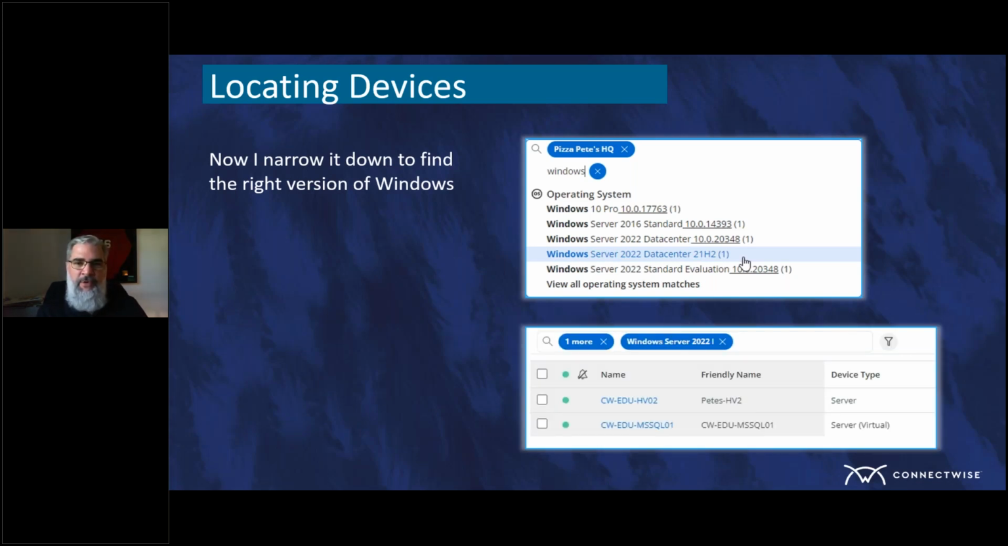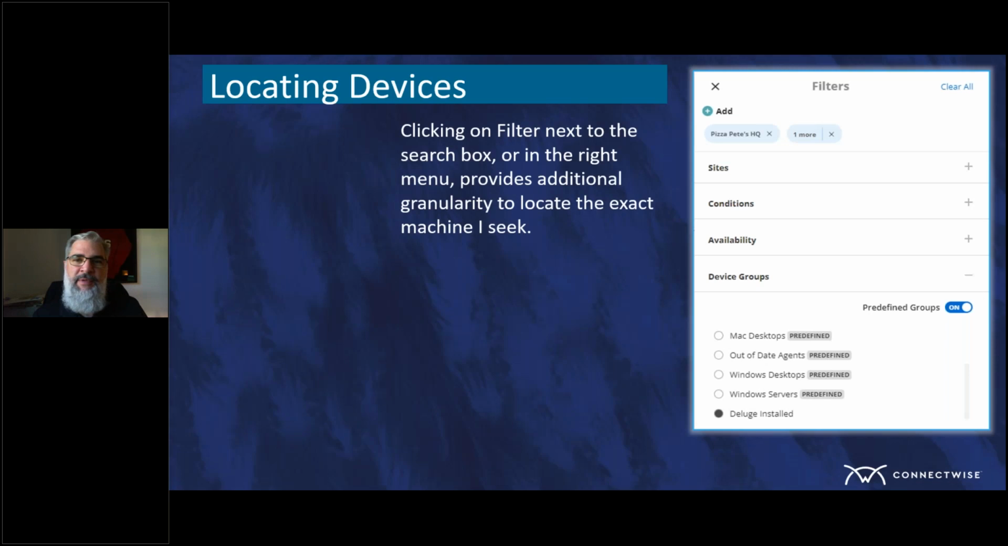Now my search result is showing Windows Server 2022. It's showing that one more, which is Pizza Pete's HQ. I'm going to filter it down a step further even. In the previous two searches, I was typing right in my search box. Now we're going to click on the little filter icon just to the right of the search box there, and that brings up this window. You can see it retained the ones I already had filtered on,